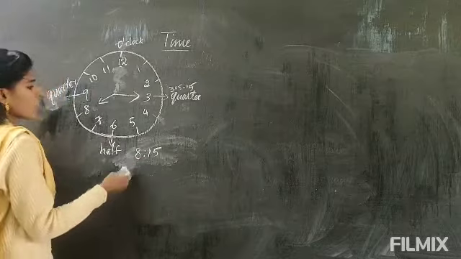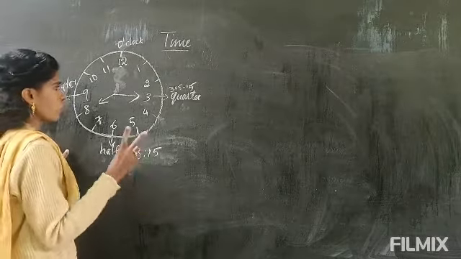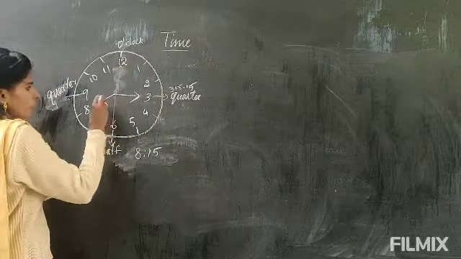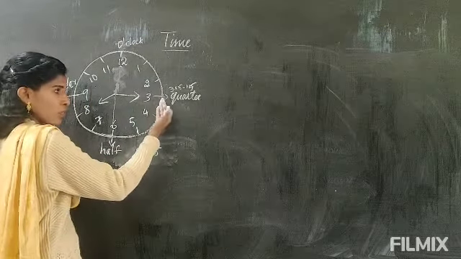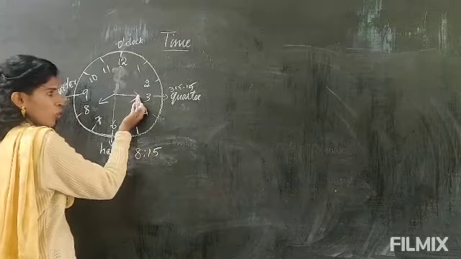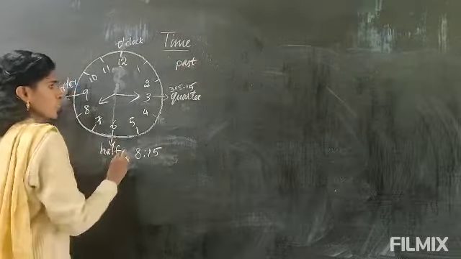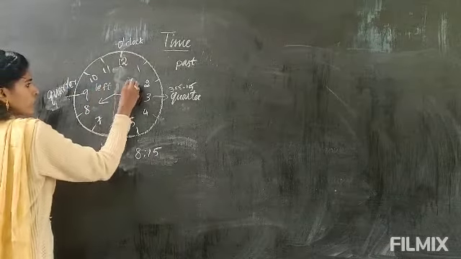Now, how to write in words. That is another method. Two ways you must learn. Now see, you divide the clock into half. When the minute hand is on the right side of the clock, you have to use the word past. When it is on the left side, this is left side and this is right side. Okay, so when